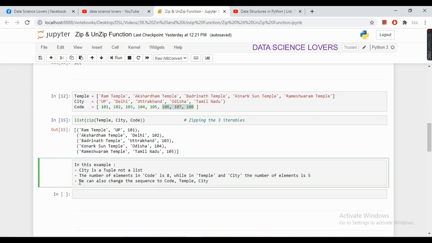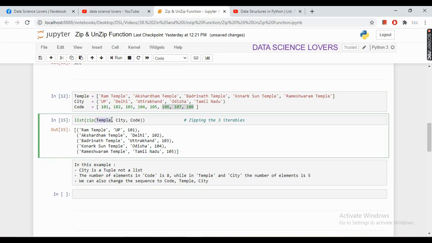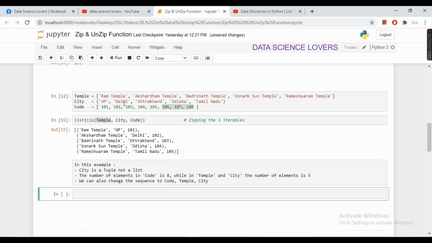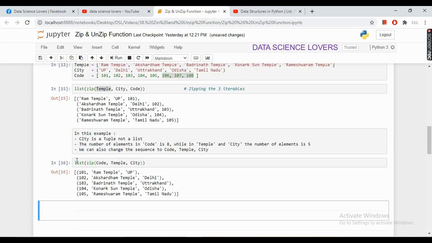The third point is we can also change the sequence to code, temple and city. Here we have written the sequence as temple, city and code. If we change this sequence so that first I write my iterable as code, second iterable I write temple, and third iterable I write city, then this is also acceptable.